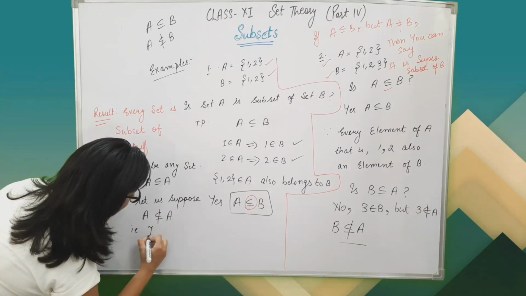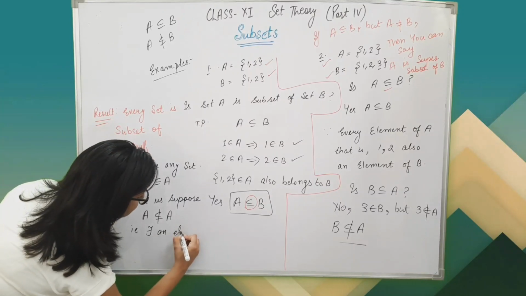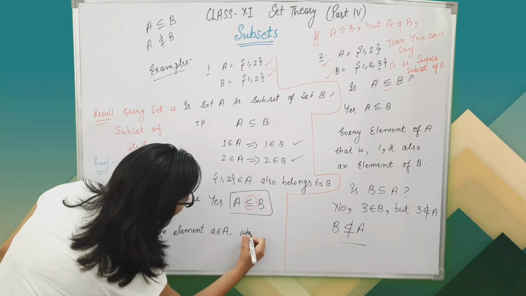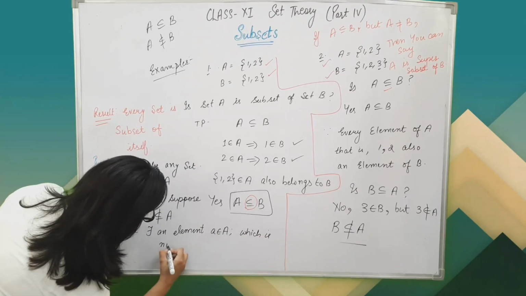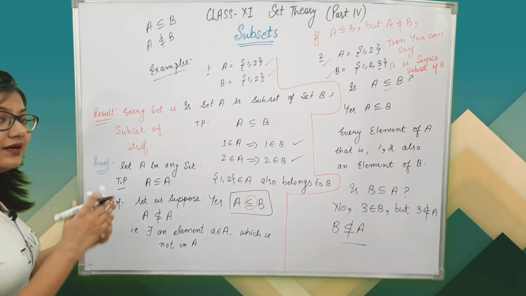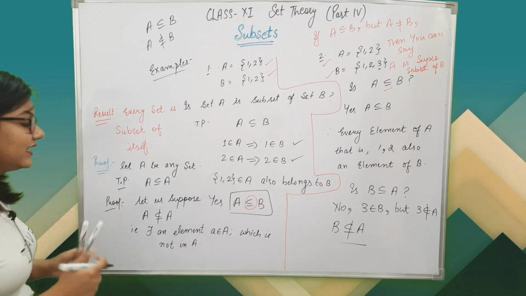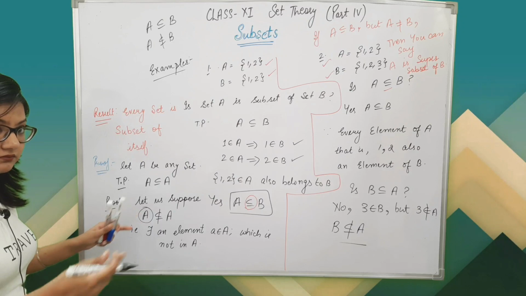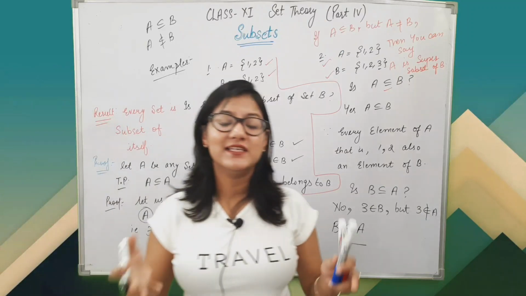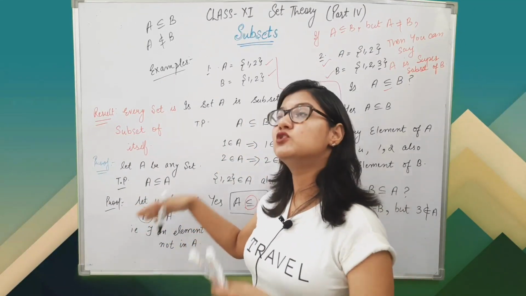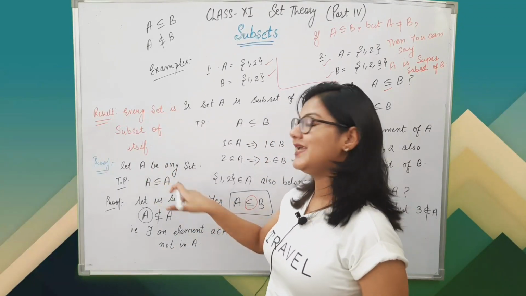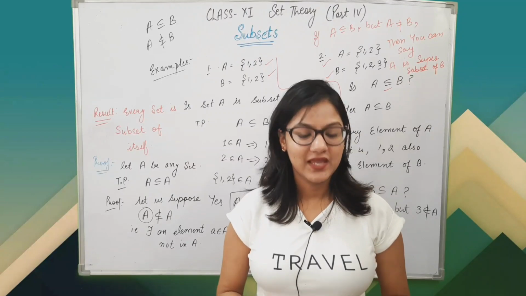That is, there exists an element a belonging to A which is not in A. According to your definition, a set is not a subset of another if there exists an element in set A which is not in set B. Here, how is it possible? Both sets are the same. So is it possible that there exists an element in A which is not in A? That's why you will say no, our supposition is wrong. That is, A is a subset of A. Clear? So, okay.